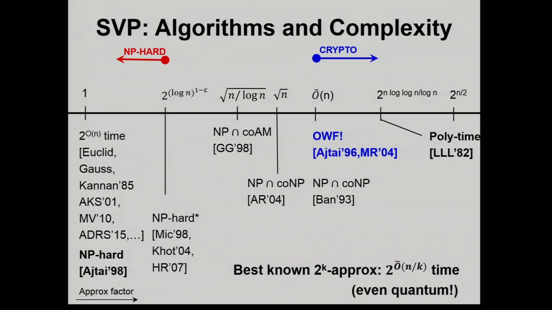And what consequence is it that a problem is in NP intersect co-NP or NP intersect co-AM? The point is that at this approximation factor and above, gap SVP is unlikely to be NP hard, because if it is NP hard, then the polynomial hierarchy collapses. So in a sense, this dashes all hope, one would think, but I have to take this with a pinch of salt, that you can base cryptography on NP hardness. Not yet, in any case.